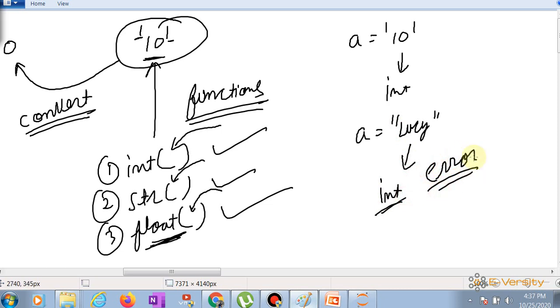So only those values can be changed which have something matching the particular type, right. So it is an integer type, so you can convert into an integer. It is basically a string type, so you cannot convert this into an integer. Got my point? So this is basically giving error, okay.